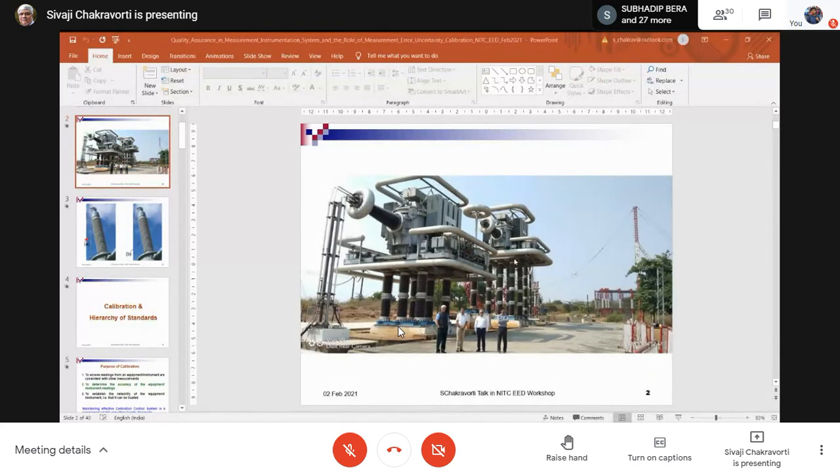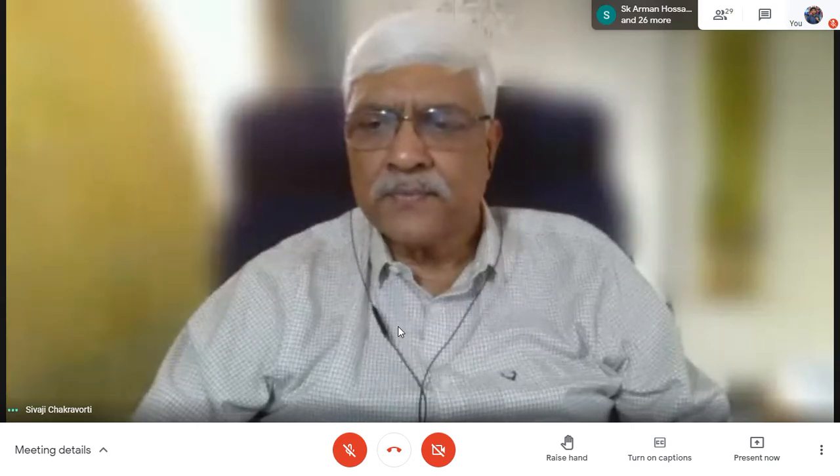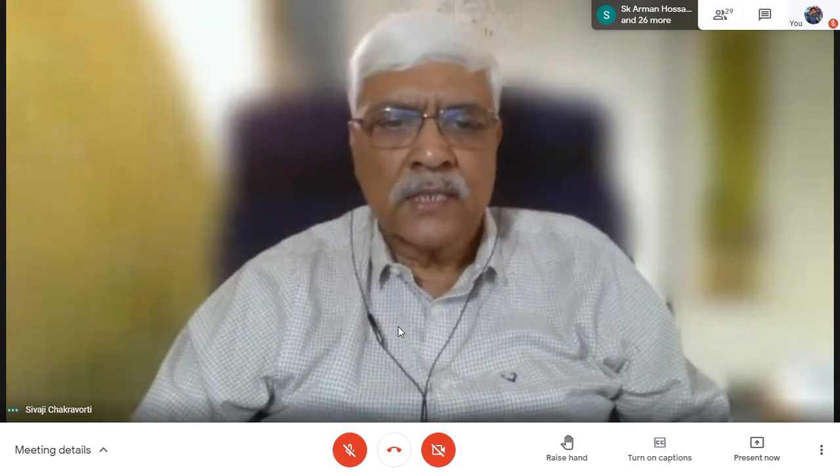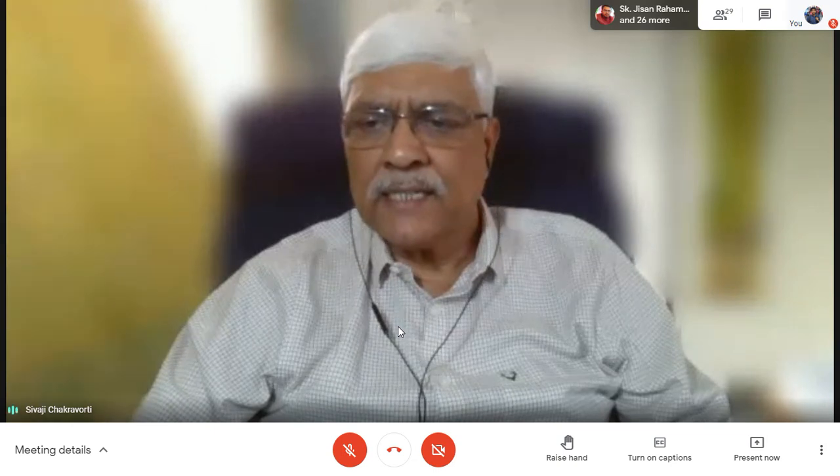But look at the right one. You see the height? Double, right? Look at here. It is two blocks. The height is two blocks. These are all insulators. And the right one, you can see four blocks. Why? Because the tank of this transformer is at double the voltage. That is what I am trying to mention when I am showing about this schematic diagram.